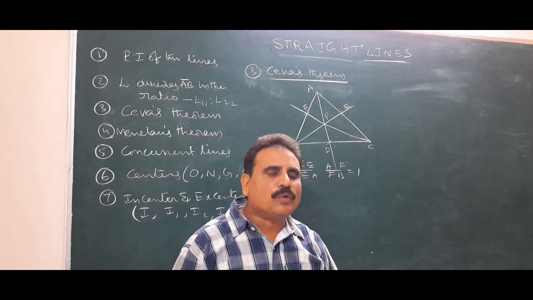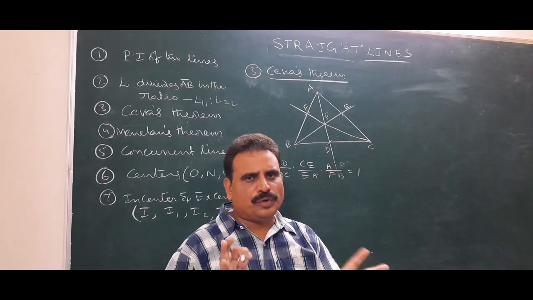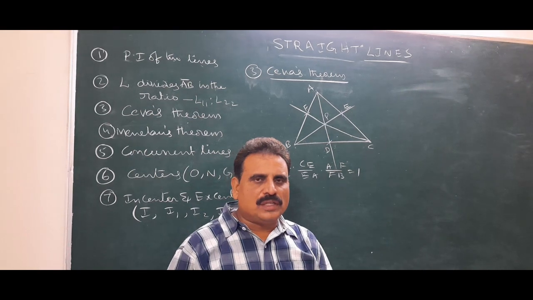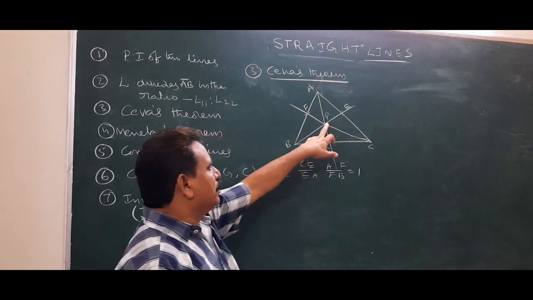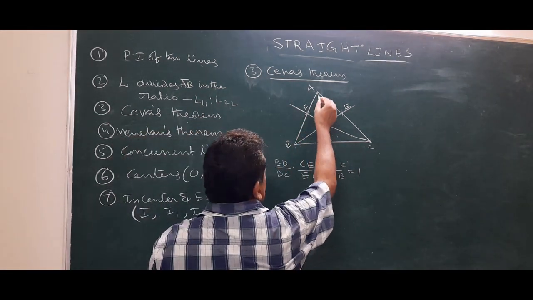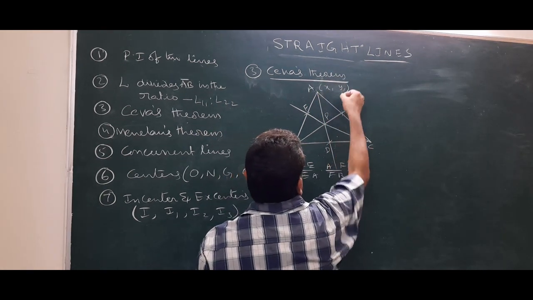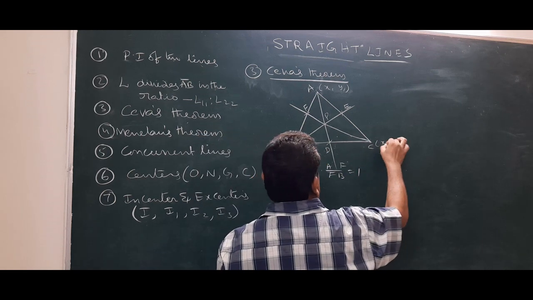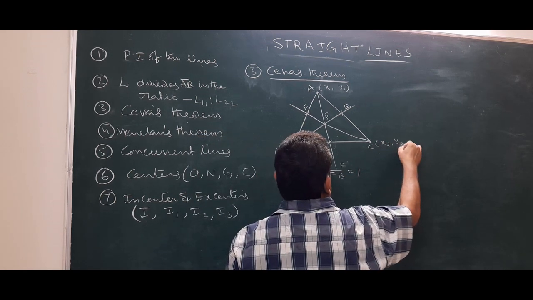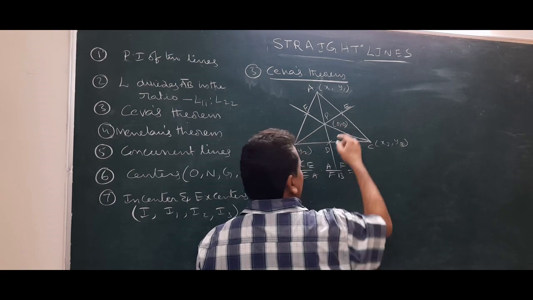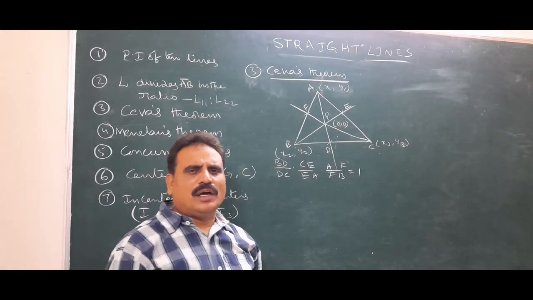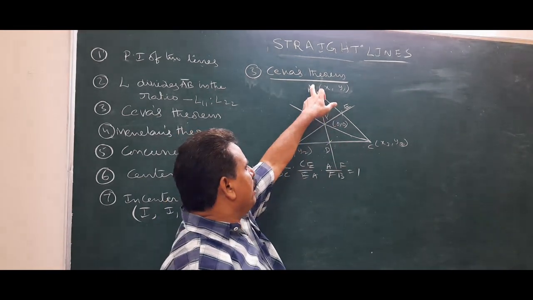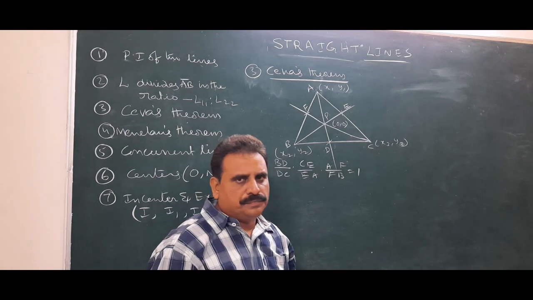So how to prove this one? The proof is left to you. Just I explain. You can easily solve that by using the concept from before. Look here. Without loss of generality, you can take P as origin, A (x1, y1), B (x2, y2), C (x3, y3). Let us take P as origin. If it is not origin, shift it to origin. That point shifted to origin, automatically P becomes origin.